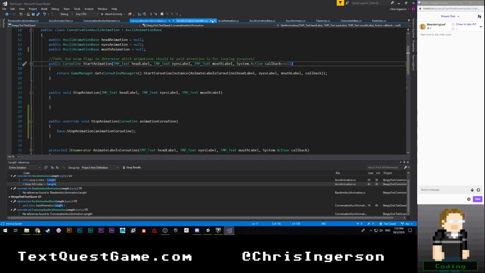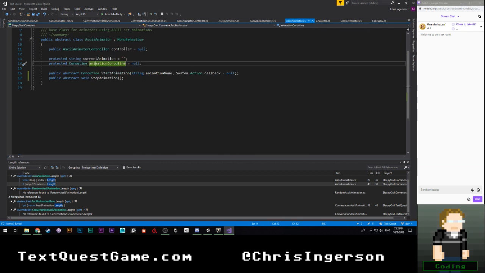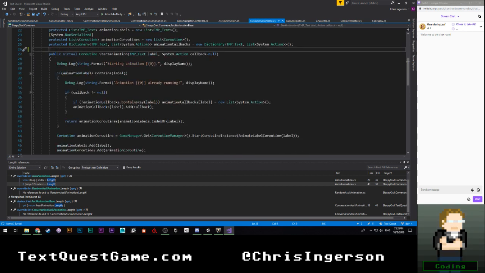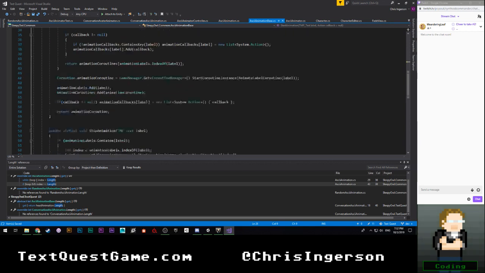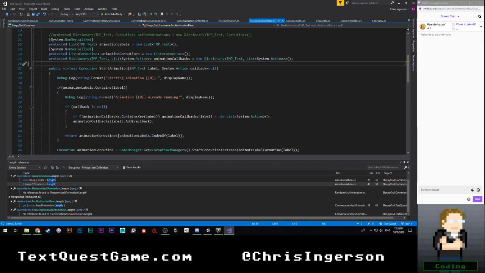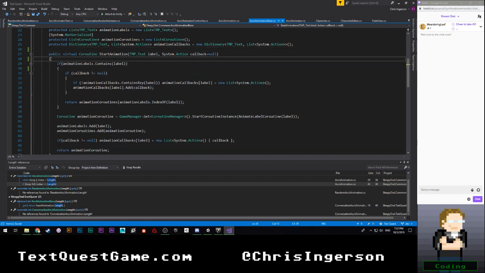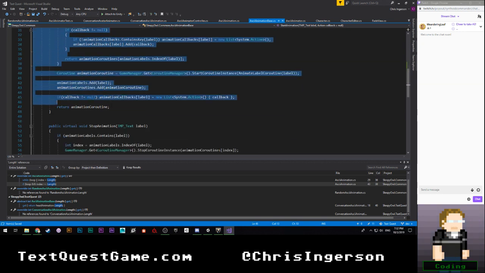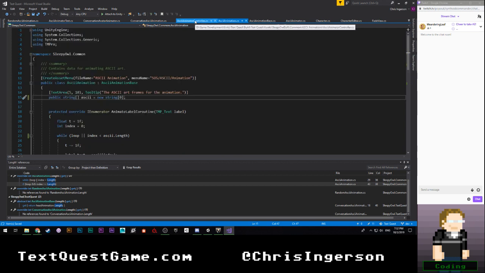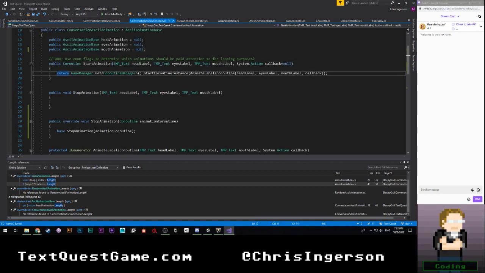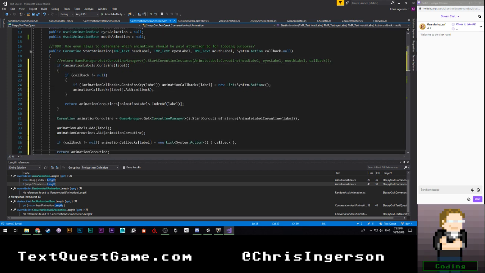we need to go down here to ASCII animator. I'm sorry, no, ASCII animation base. And we basically need to copy this code over, which sucks so hard. Get rid of you and you. We're going to use the head label as the primary label. Come down to here to conversation ASCII animation. We're going to come back over to here. Boom.